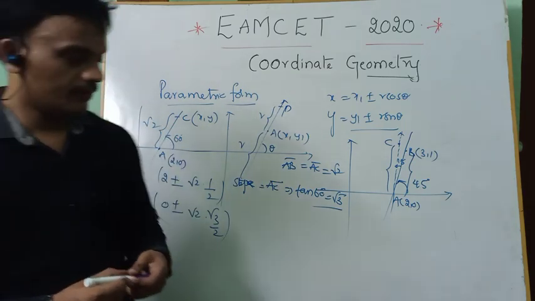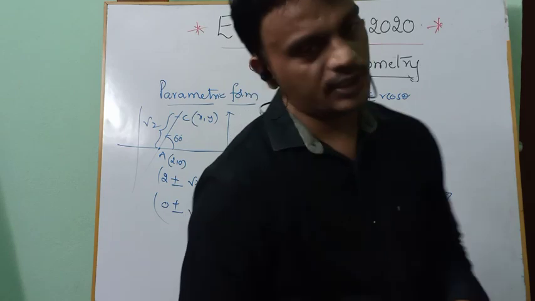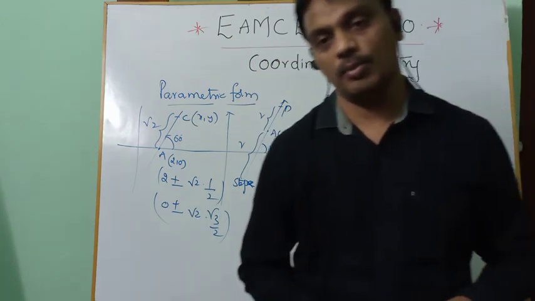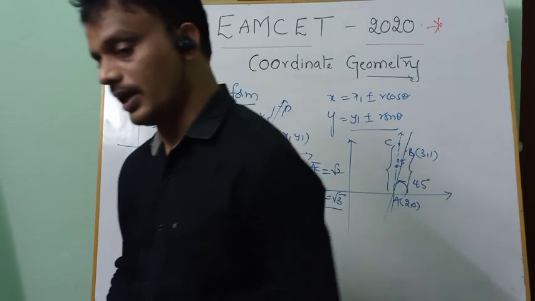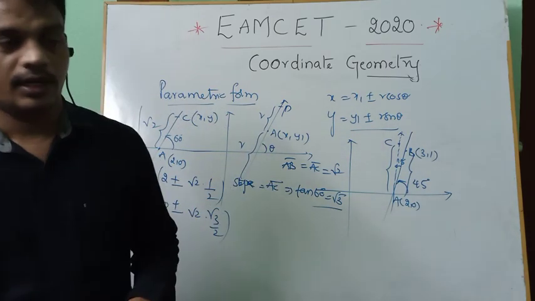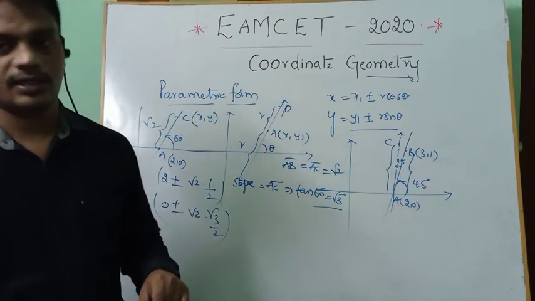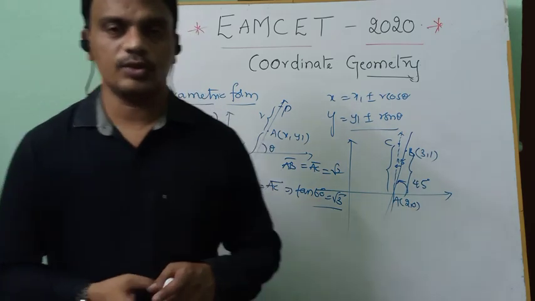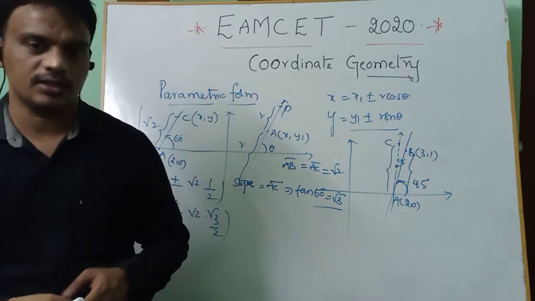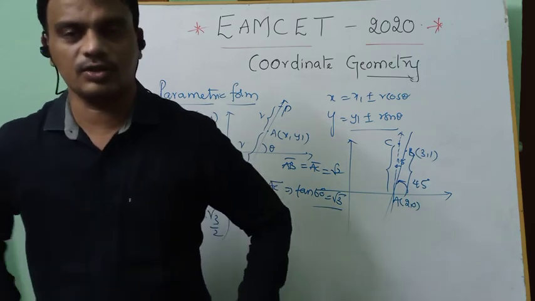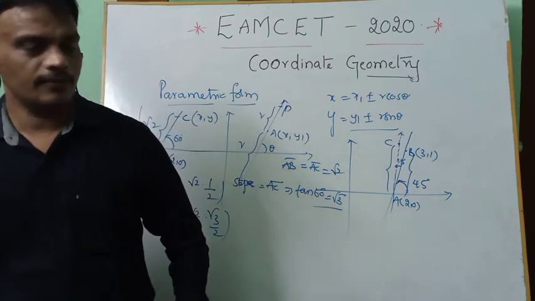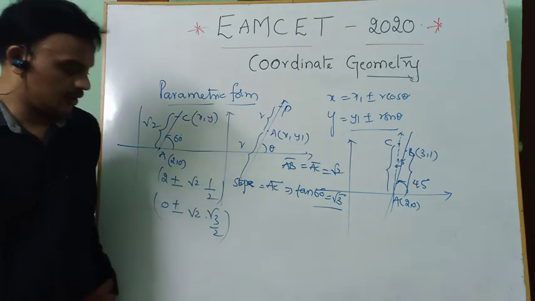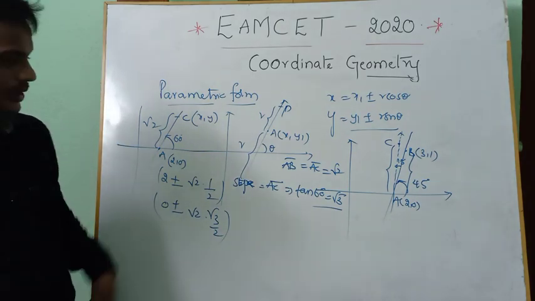Along with this, the concurrent lines condition. The general form of a family of concurrent lines is L1 plus lambda L2 equals 0. And when 3 lines are given, what is the condition for concurrent lines? The simple shortcut is we take the coefficients of all these equations and form the 3 by 3 determinant, equating it to 0. That is the concurrent lines condition. Yes, make a note.